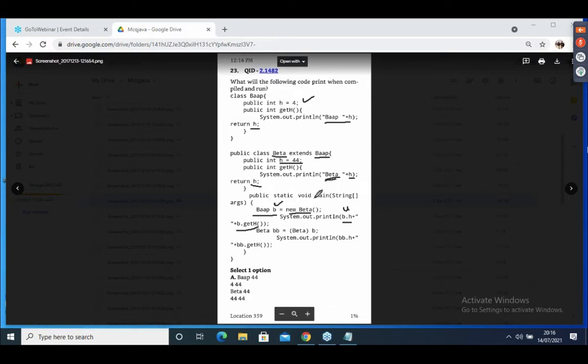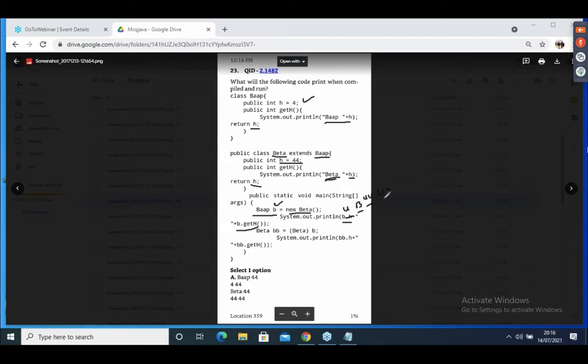What is the code inside getH? Beta H. What is the value in the Beta H? Beta 44. It prints 4, space, Beta 44, and it returns 44.